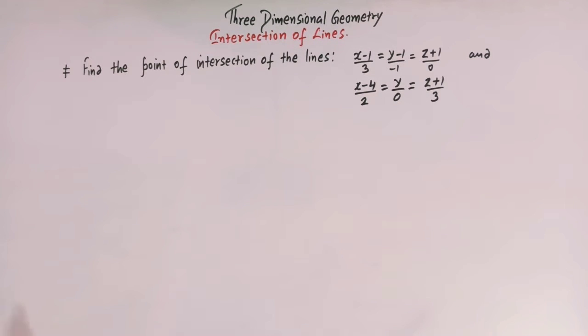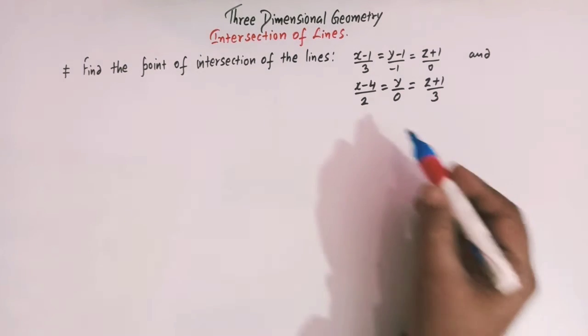In three-dimensional geometry we see that two lines intersect if they are coplanar. Coplanar lines intersect, and here we have to find the point of intersection. So what we will do here, we'll first find the coordinates of the general point lying on these two lines,